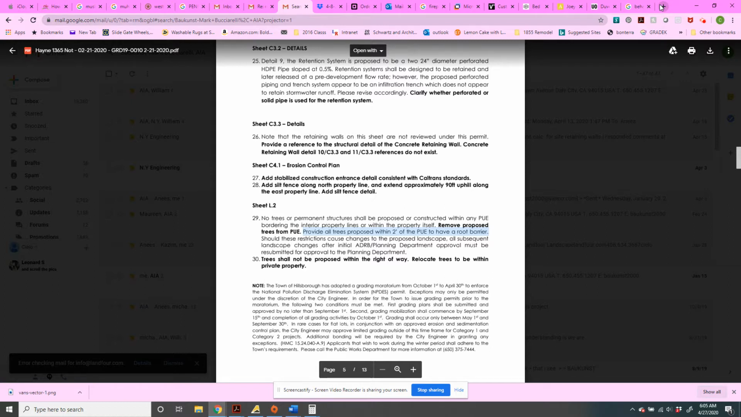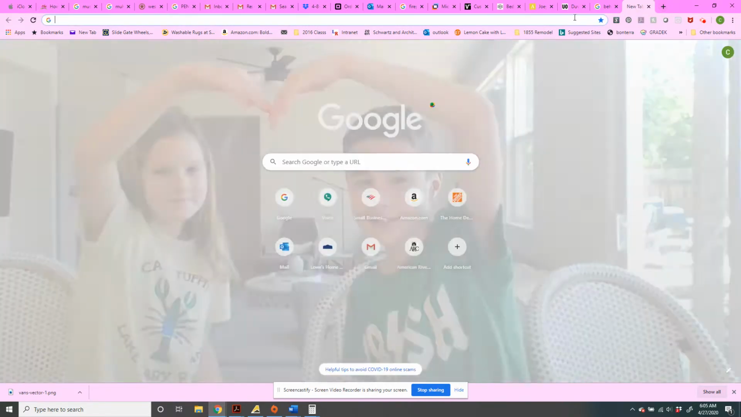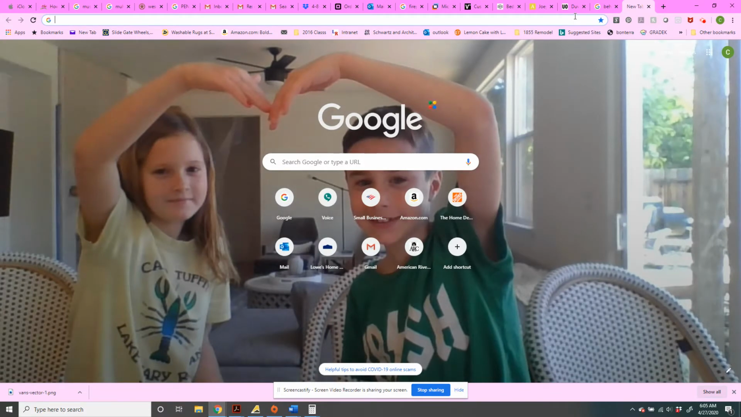But the tree, like mature trees that fail, fall down, die, etc., I usually find that it's really close to a root barrier and it can really disrupt its growth. So if you don't know what a root barrier is,